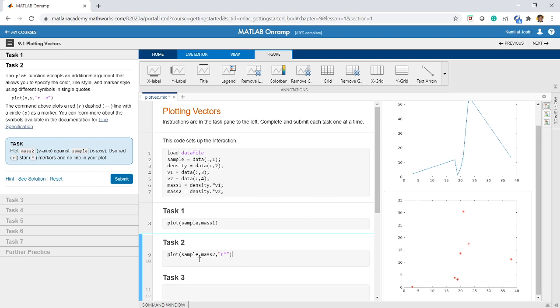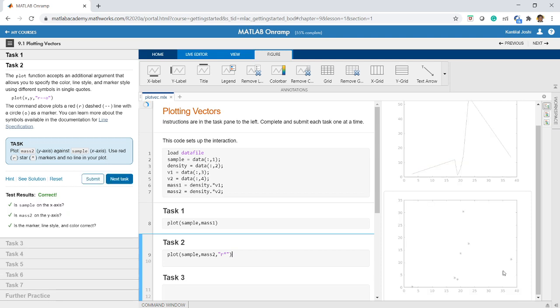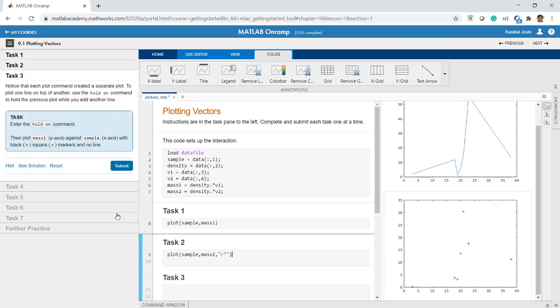That will do your job. Okay, so you can see this on the right hand side. You get a plot with these red stars, and we do not have any line in our plot. Okay, so only points are plotted, no lines are plotted, right? So this is the use of the plot command, where we can use circles and or stars, etc. Let us move on to the next task.